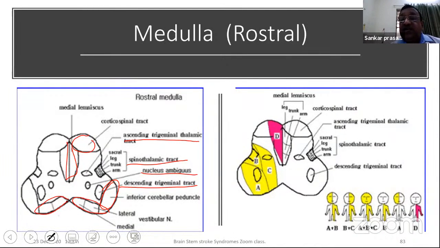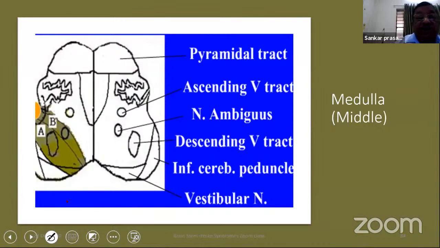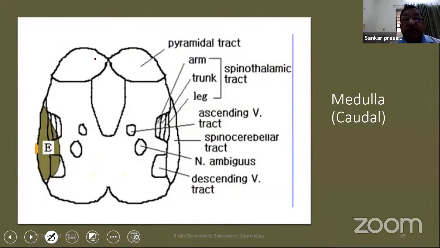This understanding is very, very important, and grossly you can remember the pyramidal tract is here, ascending fifth nerve, nucleus ambiguus, and of course inferior cerebellar peduncle and vestibular nucleus. This is the dorsal aspect. So these are the medial lemnisci, and you can see the spinothalamic tract, arm, trunk and leg, how they are